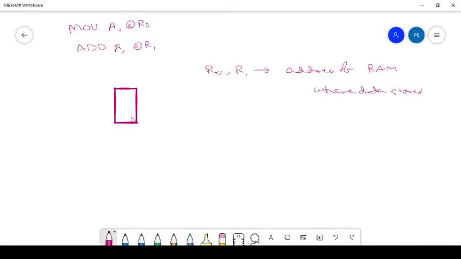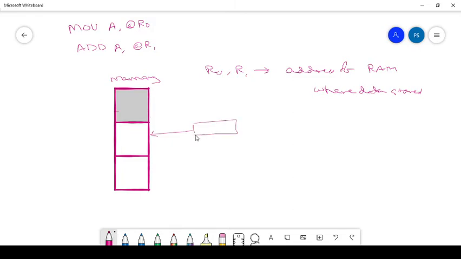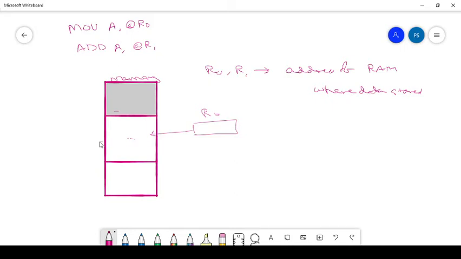Maybe here I have some memory. The address of that memory is specified by register R0, and the content of this is moved to the destination register.